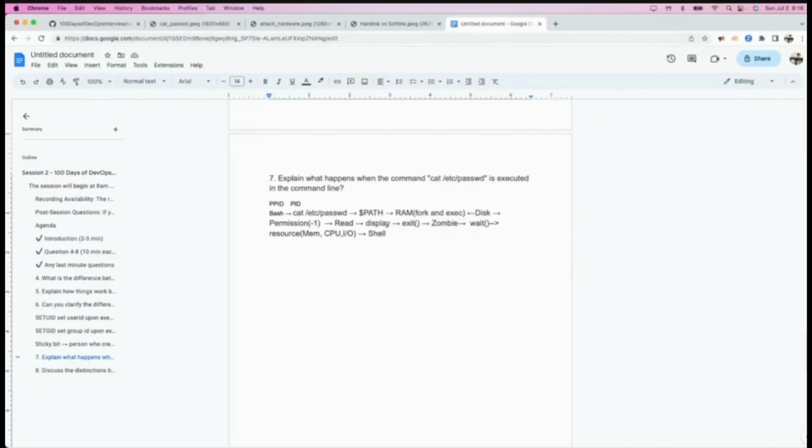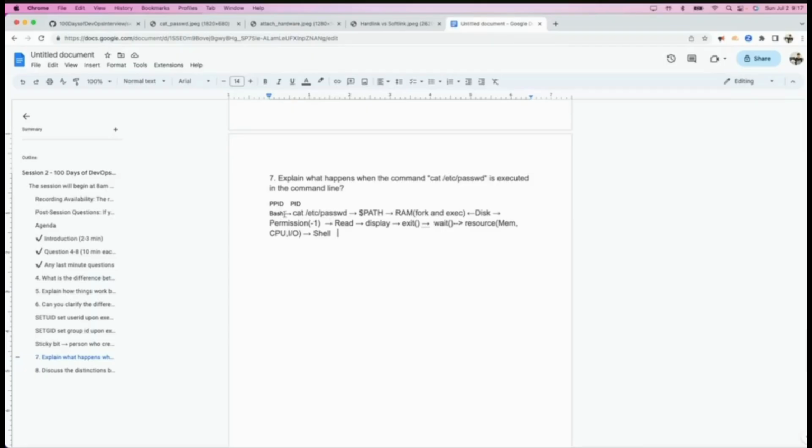But this is a common misconception: for every process, when it executes the exit system call, at the moment when the kernel or the bash shell is cleaning up all the resources, there is a slight moment when the process becomes a zombie, because it needs to clean all the resources allocated to that process. If I confused you, just forget about this zombie. Basically, it executes exit, and during the wait, it is cleaning up all the resources allocated to this particular process. Once that is done, the execution returns back to the shell.